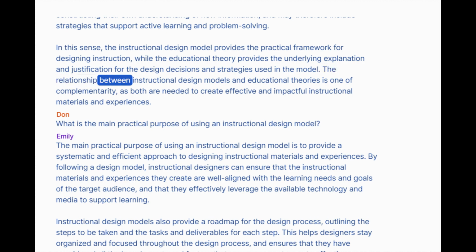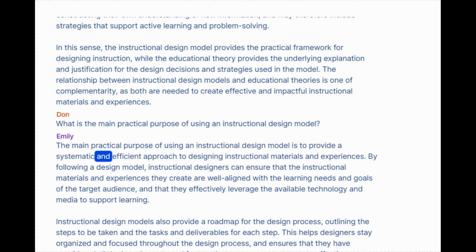The relationship between instructional design models and educational theories is one of complementarity, as both are needed to create effective and impactful instructional materials and experiences. What is the main practical purpose of using an instructional design model? The main practical purpose of using an instructional design model is to